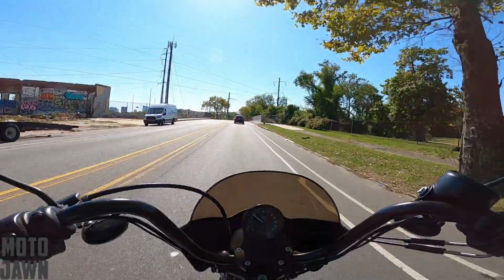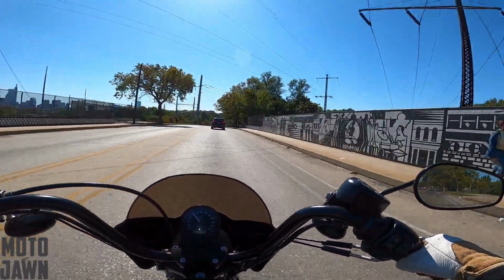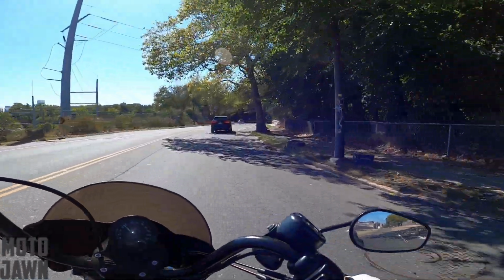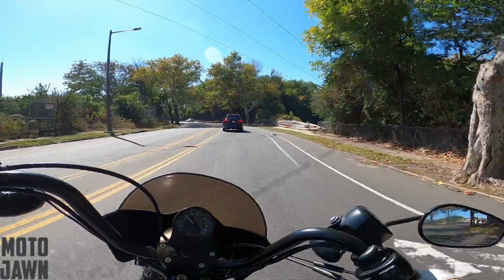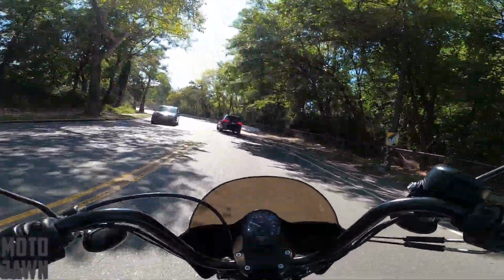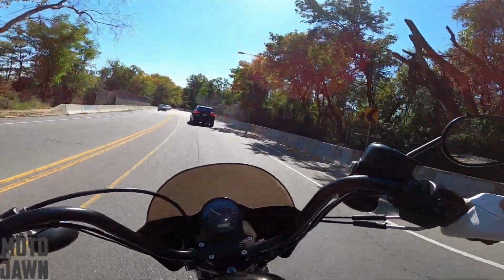So there you have it. At the end of the day, I just could not get rid of this thing. I've got almost 17,000 miles on it at this point. I think that's pretty good for a Sportster within, what have I had this, 3 years? That's a pretty solid number, 17,000 miles within 3 years on a Sportster. I know a lot of people don't do that sometimes. Say the Sportster is just for short distances, but...